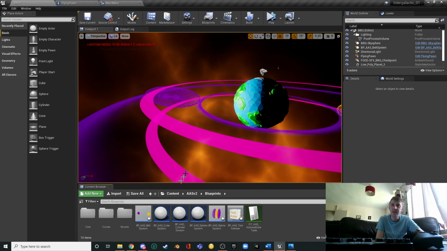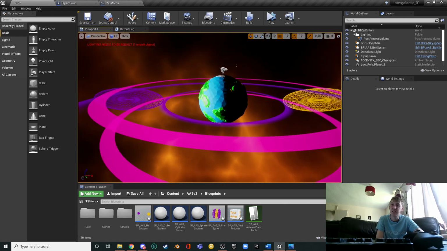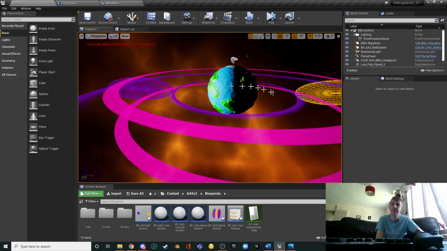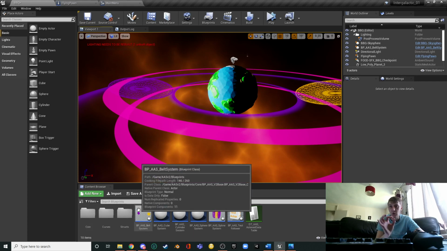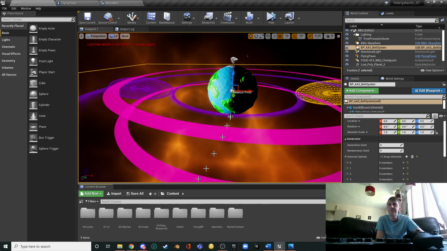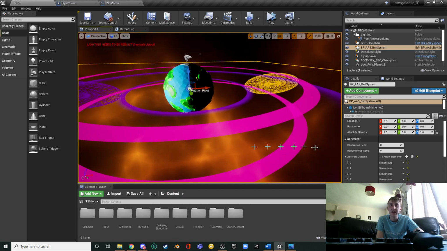But optimization hasn't really been a thing that I need to concentrate on at the moment, because the maps are actually quite small in the grand scheme of things. The system itself, I'm told, can handle up to 1 million plus asteroids, and I'm only really dealing with like 20,000 or so here, so it's a very small amount. So anyway, once this belt is placed on the level, you come here, go down to asteroid options,